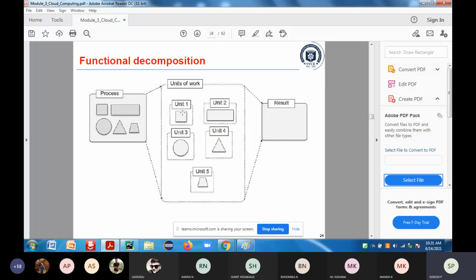But the separation among them is clearly defined by distinct logic operations. That means whenever you have the separation, unit 1 means what? Area of the square, which will be equal to length into length. Unit 2 is going to calculate the area of the rectangle, where the area is equal to length into breadth. Unit 3 is going to perform the area of the circle, where it requires the parameter radius. So the area of the circle will be equal to pi r square. If you take unit 4, it's going to calculate the triangle.